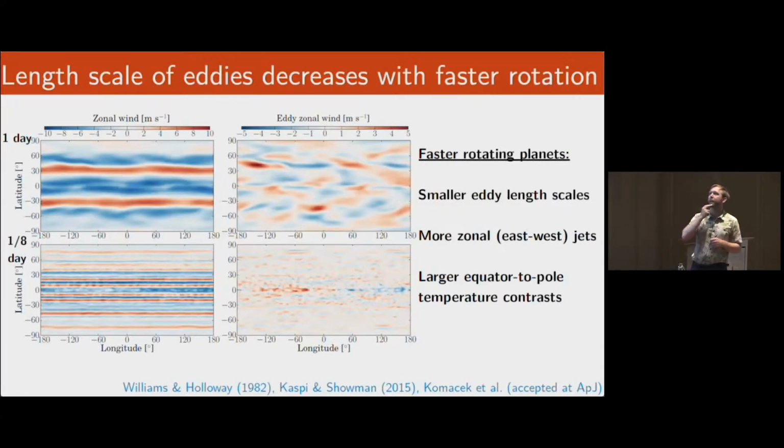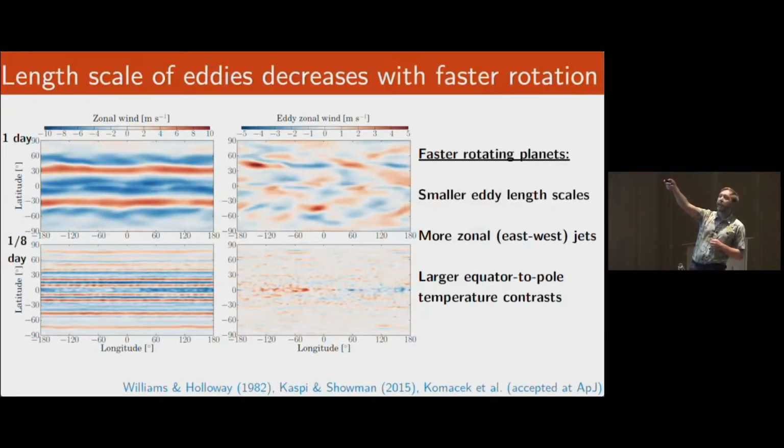So on the left-hand panel, I'm showing the zonal wind. So this is the east-west wind, and the right-hand panel, I'm showing the eddy zonal wind. So this is the deviation of the east-west wind from the zonal mean east-west wind. So the deviation from the east-west average of the east-west wind. That's a mouthful. So you can see, again, our subtropical jets at plus or minus 30-degree latitude, and you can